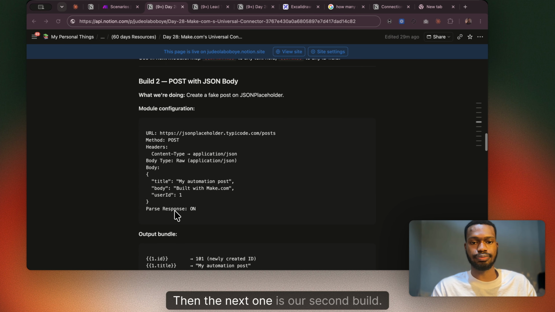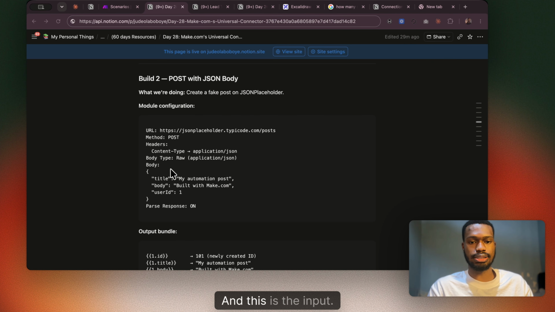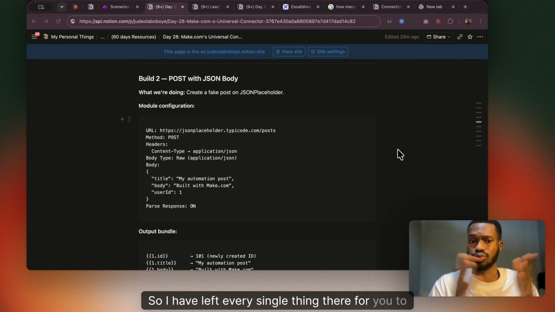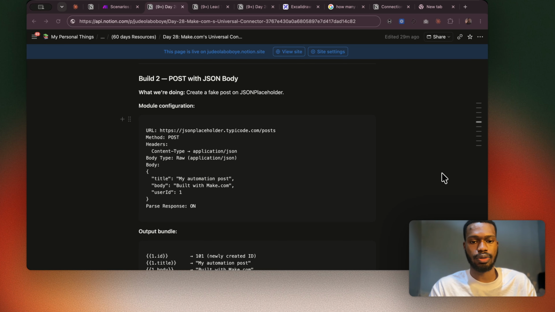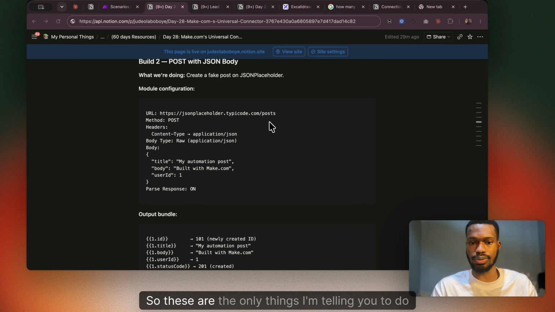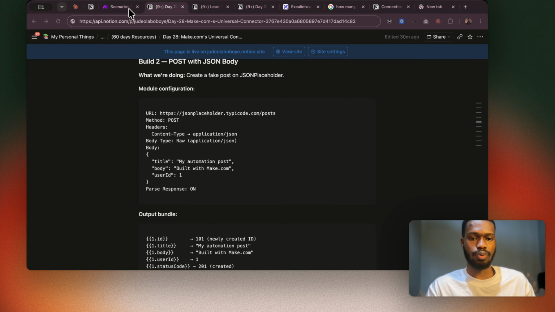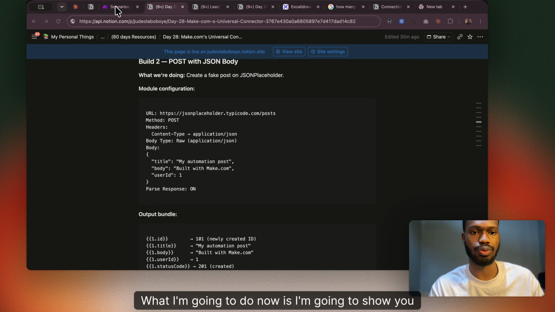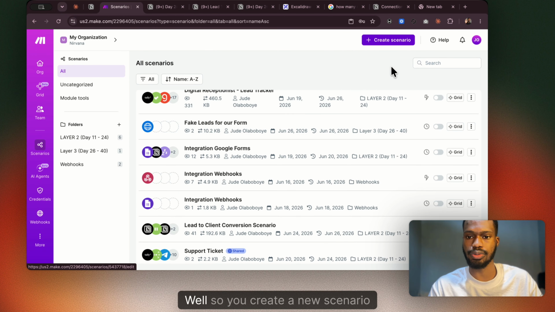Then the next one is our second build. This one requires us to do more. We actually need to do more. And this is the input. This is what you're going to do. So I have left every single thing there for you to do, and it's very easy for you to pick it up and walk around it as well. These are the only things I'm telling you to do now. You want to post. What I'm going to do now is show you how to walk around it as well. So you create a new scenario,